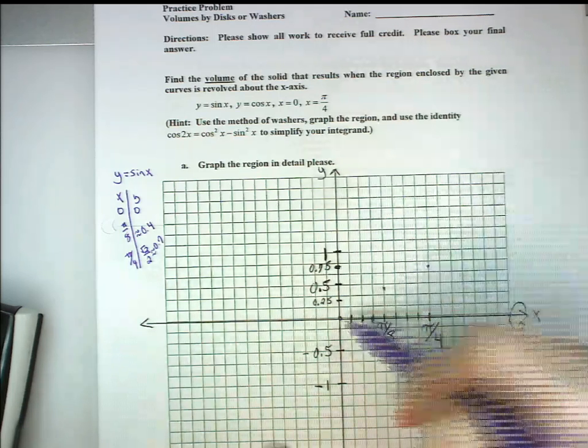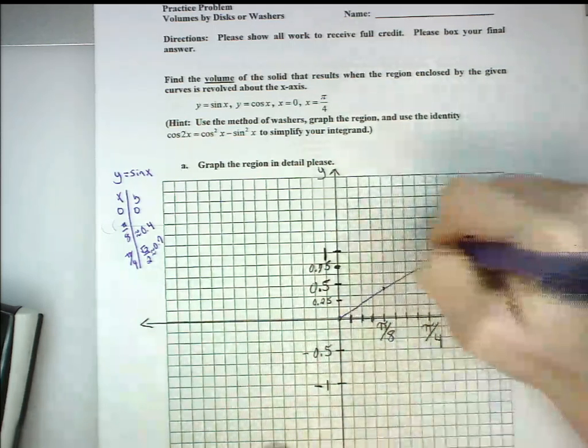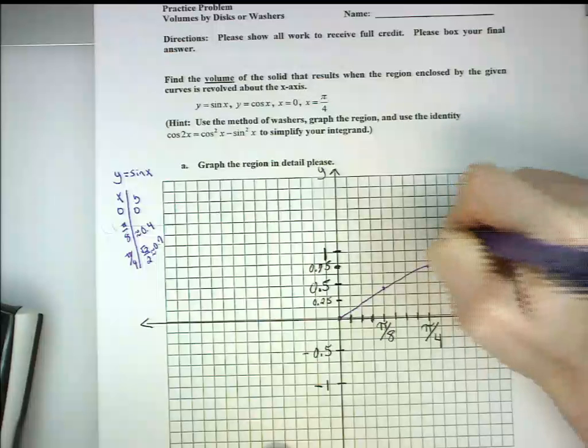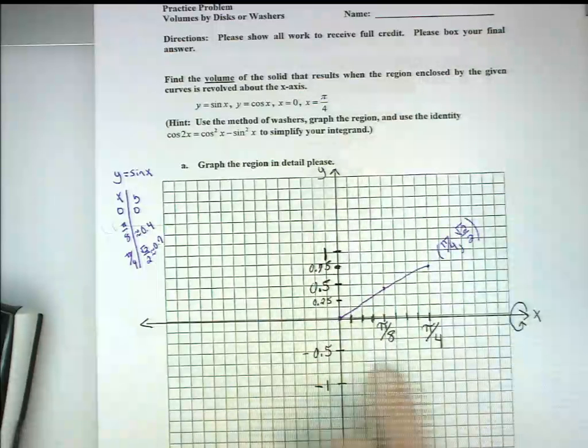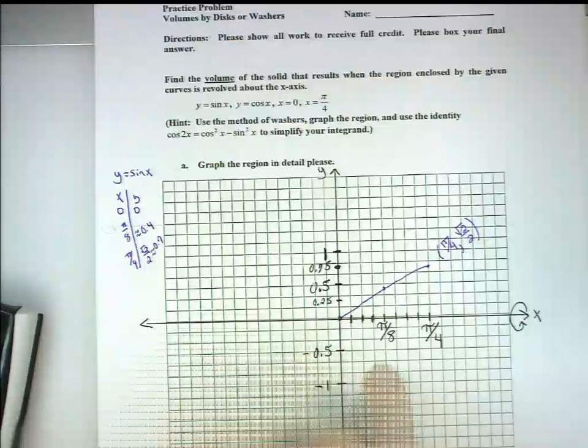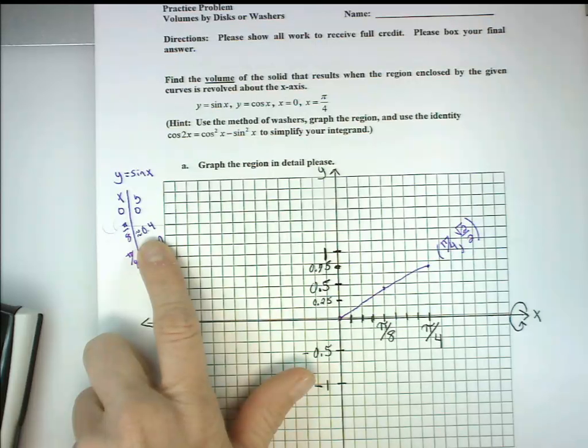And then I'll connect my dots. Label the point pi over 8, because for the y coordinate, I don't want to list the y coordinate as approximately 0.4. I want to be able to